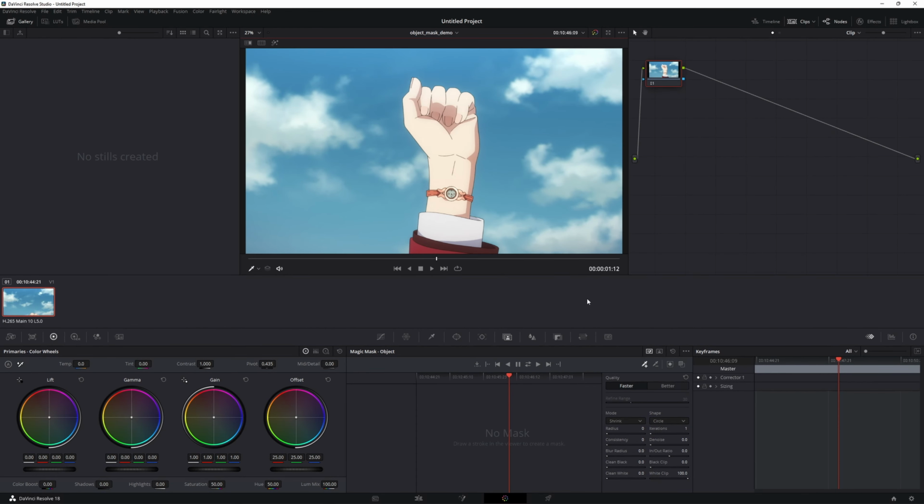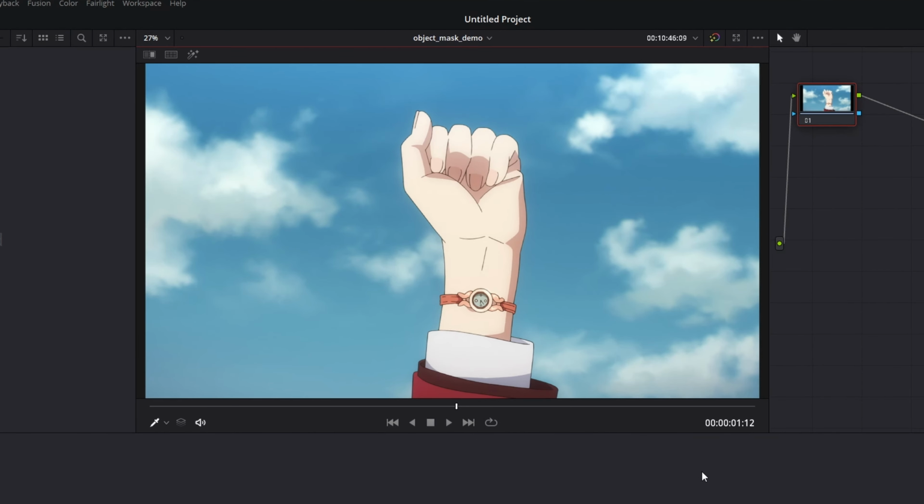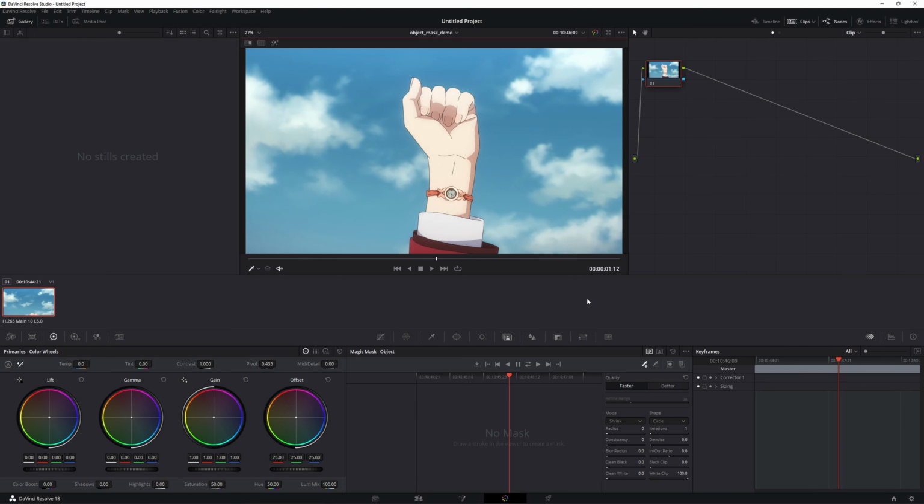Now, we're going to be tracking forwards and backwards in time because this demo clip, Chisato from Lycoris Recoil, raises her hand into the air and waves it around. We need to make sure when we're tracking our mask, yes, this is going to track over time, that the tracker has data for when the hand is not only moving, but also as it's being pulled out of frame, which for our case actually happens at the beginning, where it enters frame. If you're tracking from the beginning, it won't know the hand exists. So you want to start somewhere in the middle when you do these forwards and backwards tracks. Now that we're here, we're ready to go.